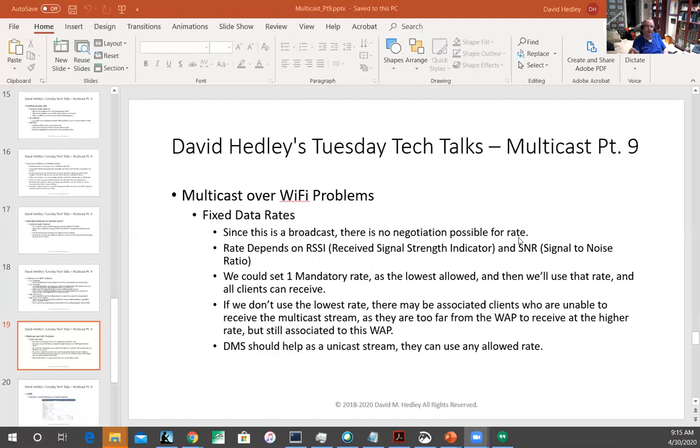Because the other problem, which we address now in this next, is that if we don't use this lowest allowed rate, it's possible to have clients who are inside my cell, but because of the RSSI and the signal to noise ratio, it's had to downrate. So it's had to go to a rate that's below what multicast is using. It can't understand. There's too much interference for it to pick out that signal. And